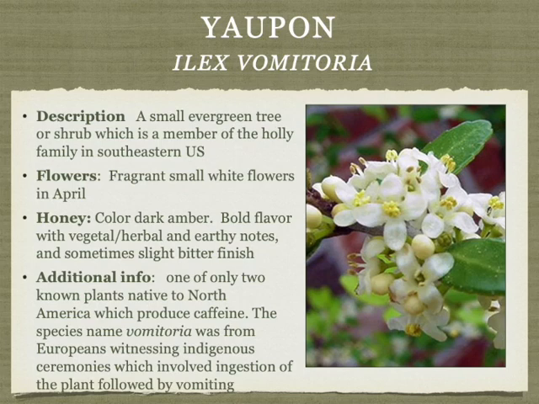And then that brings us to yaupon, which is another tree or shrub in the holly family. The color of the honey is dark amber, bold flavor, vegetal, herbal, and earthy notes, sometimes a slightly bitter finish. It tends to be produced in the southeastern U.S., and it's one of only 2 plants native to North America